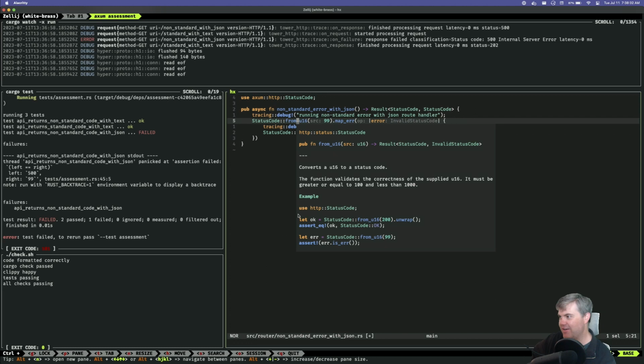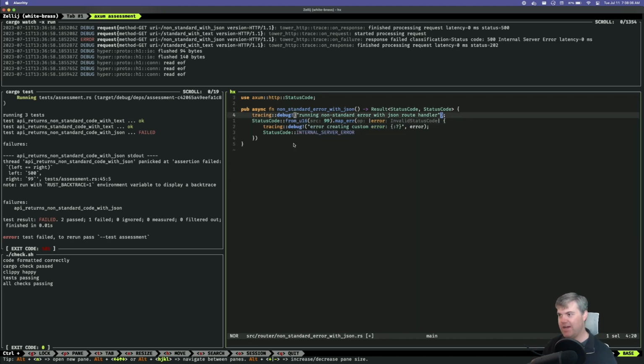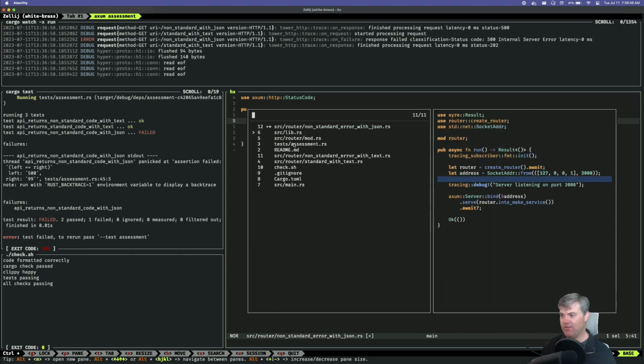And then assert the error. Well, I mean, I'm doing an assert in the other area. What I'm confused about is why does this return a result with an error and an invalid status code? What did I do differently over here?